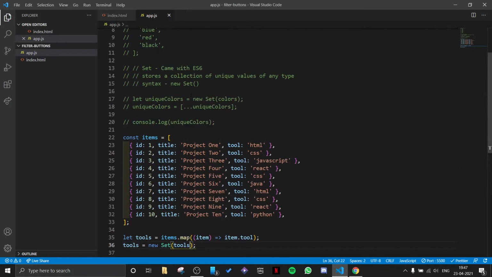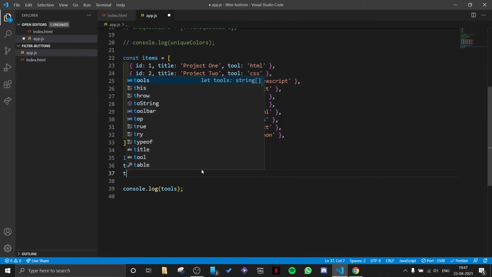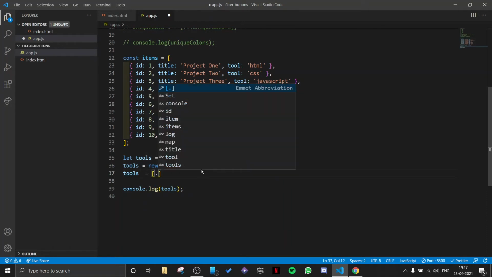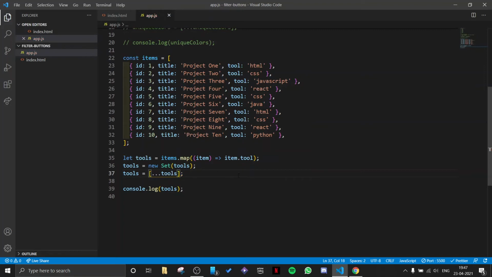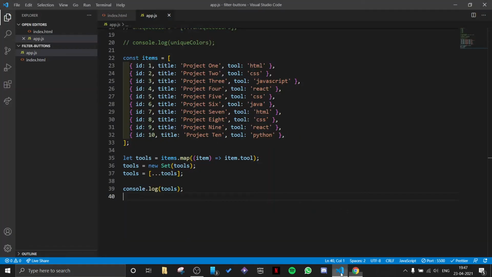So like we did here, let's convert this into an array. So tools again will be equal to, we will open square brackets, use our spread operator, and convert tools into an array. Now if I console log tools, you will see that we have an array of only the unique tools used for the project.